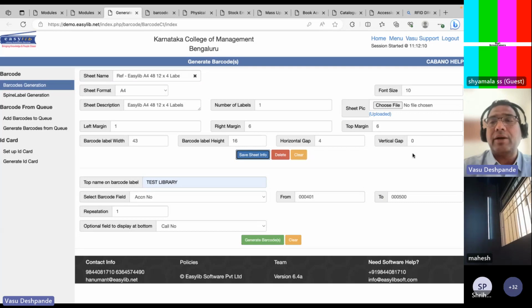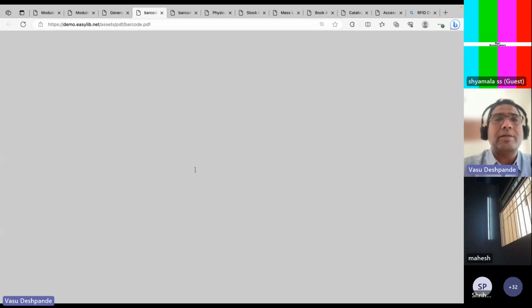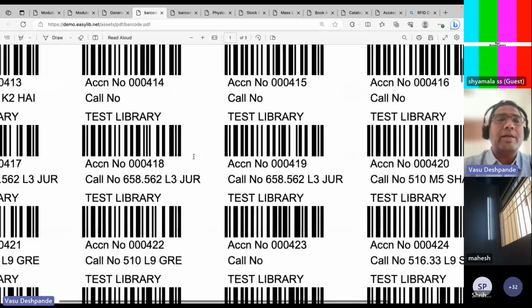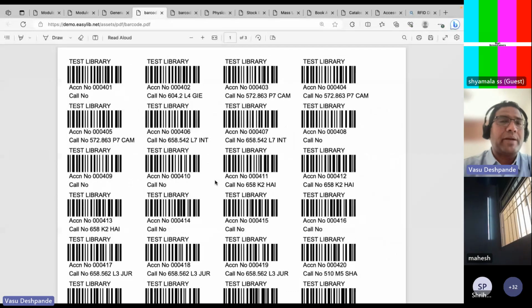Then you can say, okay, vertical gap, let me put 1. Barcode height, they put here, barcode label, barcode height is 16. Let me make it as 25. So let's save this, generate this. This has come like this, right? So it's basically flexible. The way you want your barcode to be printed, you can modify this, print the barcodes